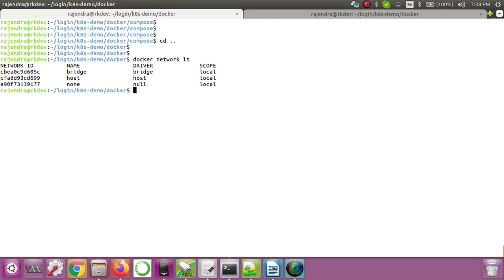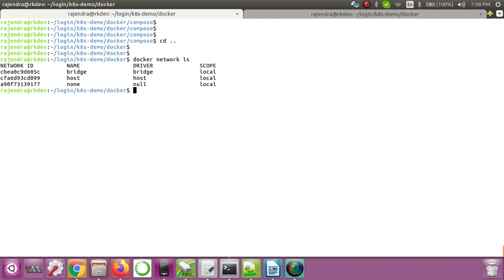Now the third one is the bridge network. So what is this bridge network? A bridge network will create one bridge on top of your physical interface. That means, let's say my host machine has a physical interface ETH0, it will create one more bridge network.